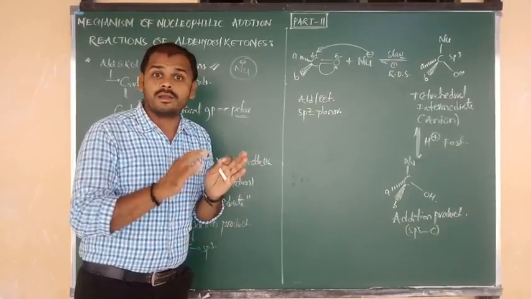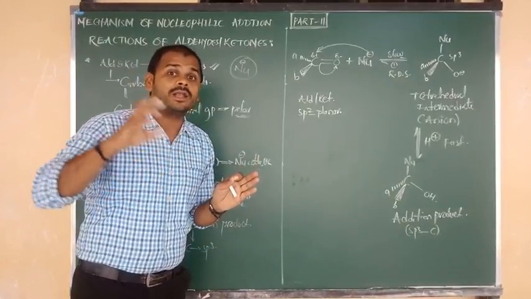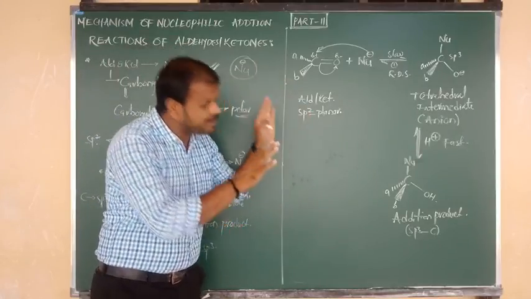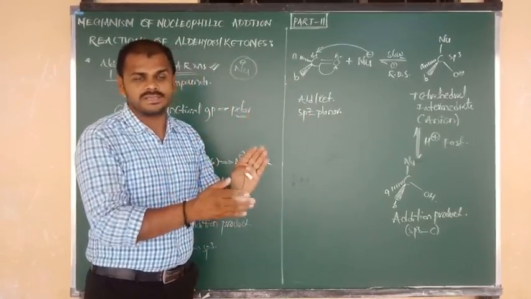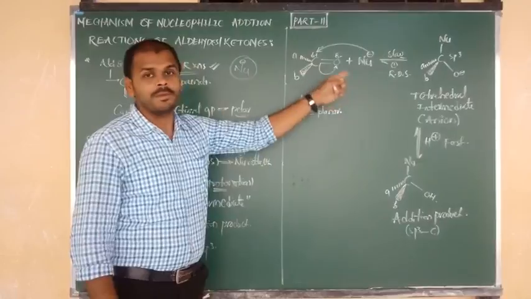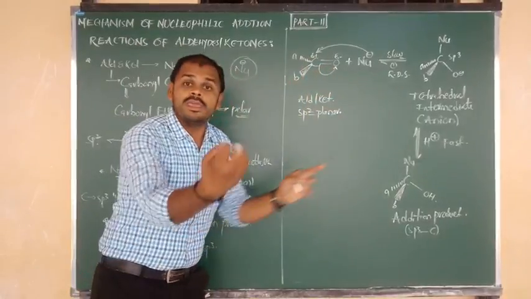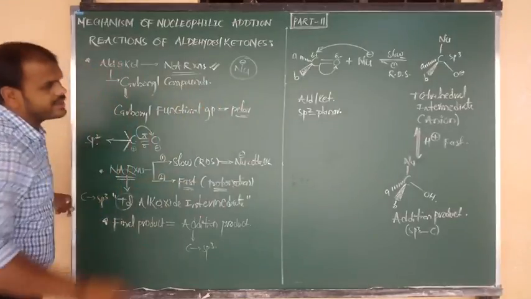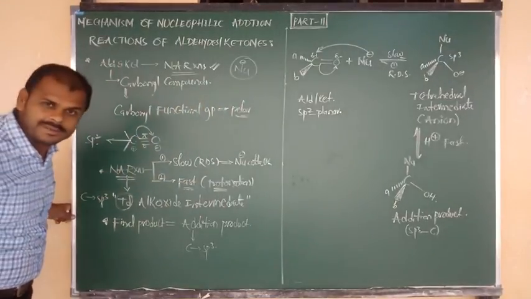Now, not 1-2 examples, better. Around 5 to 6, or more than 6 types of reactions are there on the basis of the same mechanism. Slow step, fast step. What do we have to add? In the slow step, nucleophilic attack. In step 2, capturing of a proton, protonation. Every point I have covered there in the mechanism. I hope you understand. Good.